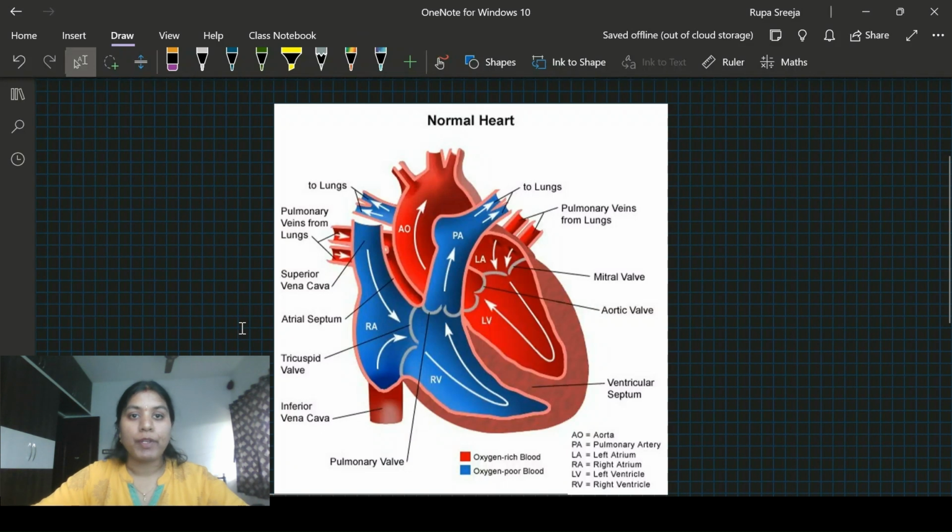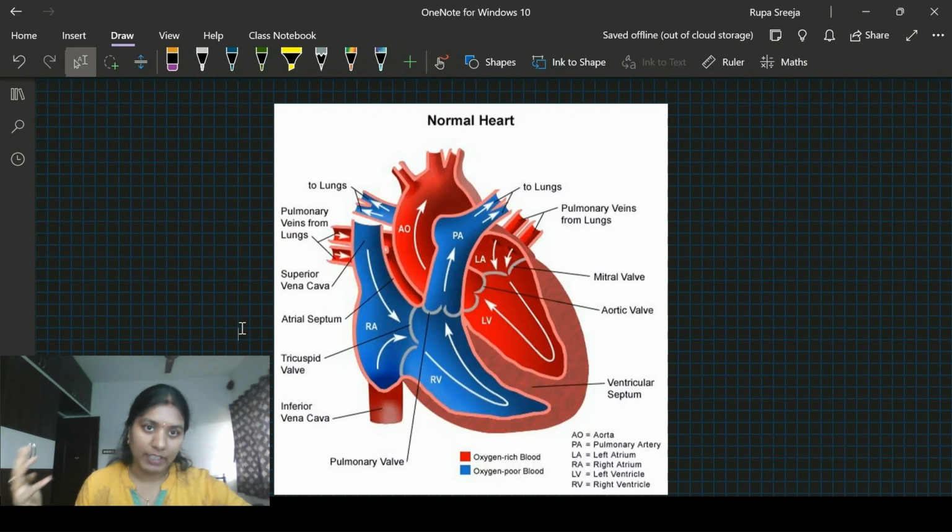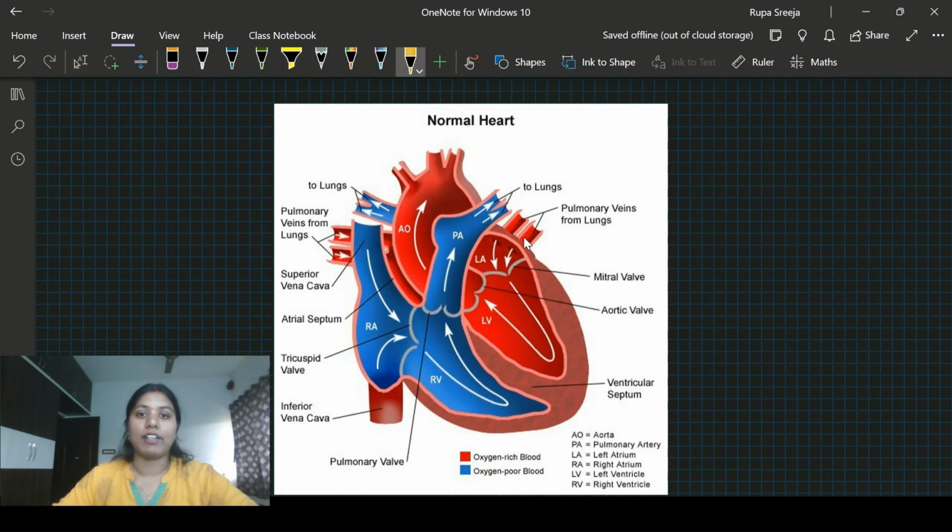I'm Srija. Today, we are going to discuss the cardiac cycle. Before knowing about the cardiac cycle, cardiac means heart, we also have to know about the parts that are present in the heart. Here in the picture, we are seeing the structure of a normal, general, regular heart, where we can easily see the parts that have been labeled clearly here.